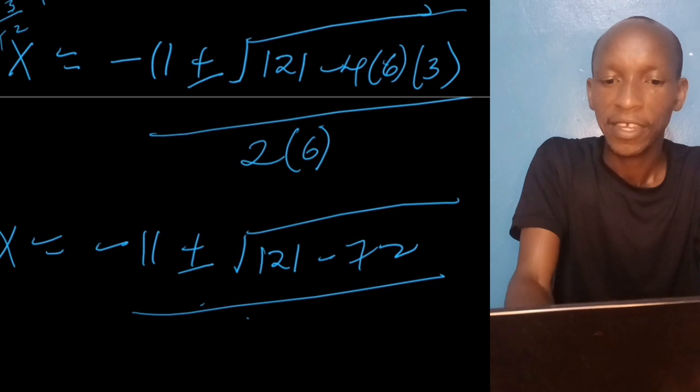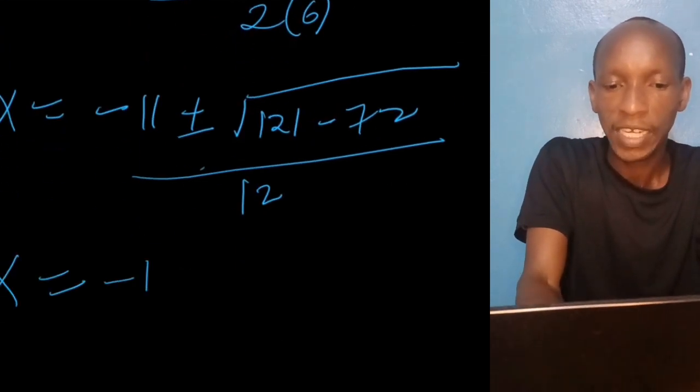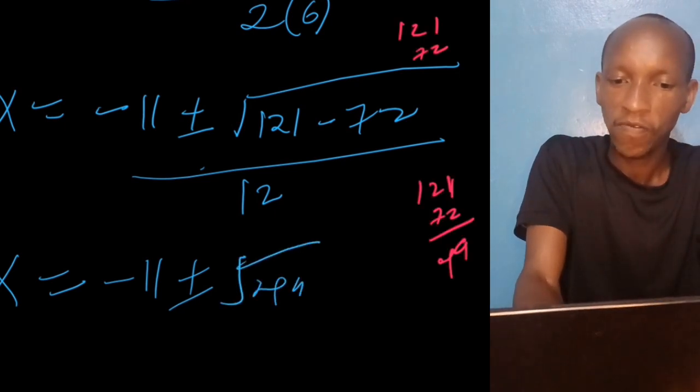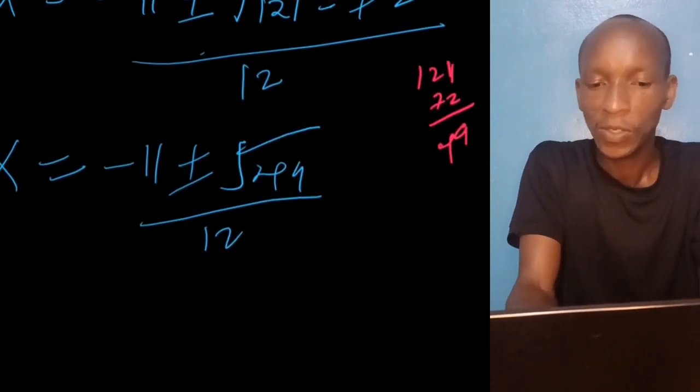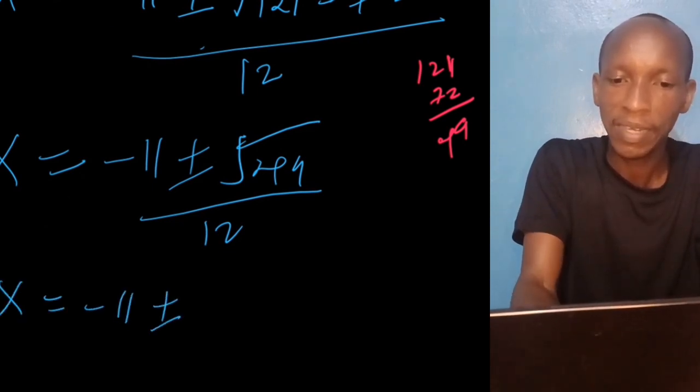Divide by 12. So therefore, the x value is equal to negative 11 plus or minus the square root of 49, divided by 12. So therefore, the value of x is going to be negative 11 plus or minus